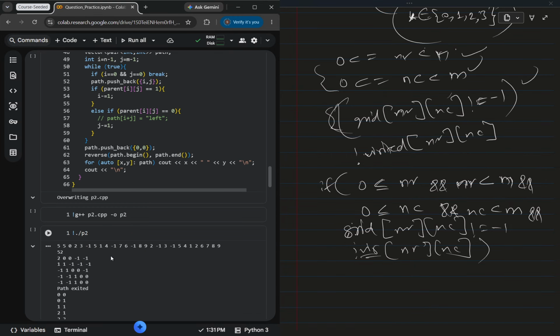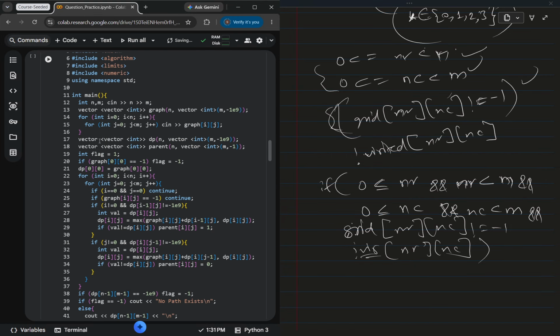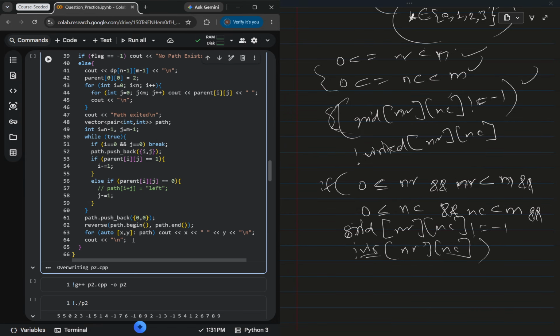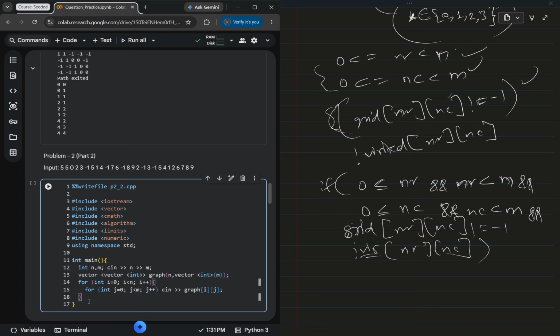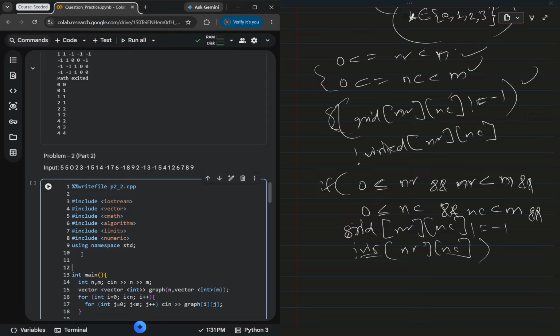Actually I should have just copied it from above instead of wasting all the time. So I actually wasted lots of time over there. Anyways, so we just have this. Basically input won't change, just the output and the method has to change. So then we can just directly declare our DFS over here. So void DFS, let's say we have this DFS over here,